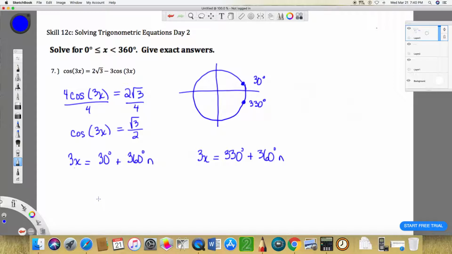So if we solve here for x, let's divide everything by 3. And we've got 10 plus 120n. And over here, if I divide everything by 3,